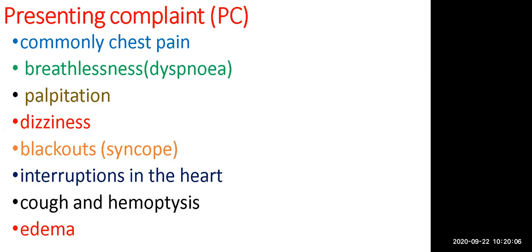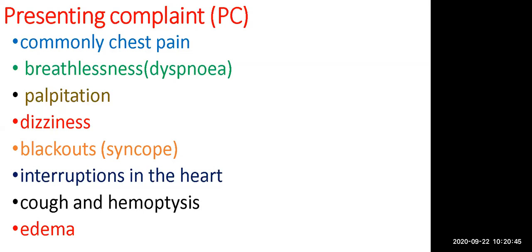Okay, let's talk about the complaint. When you see a patient in any specialty, they always complain of what is happening with them. We are talking about the cardiovascular system, and you see the slide. Commonly presenting complaints in these disorders are chest pain,